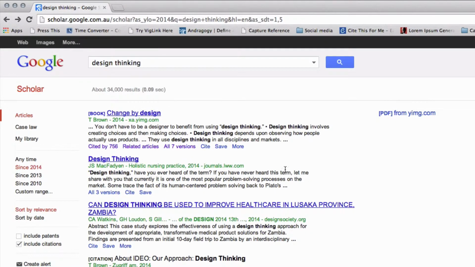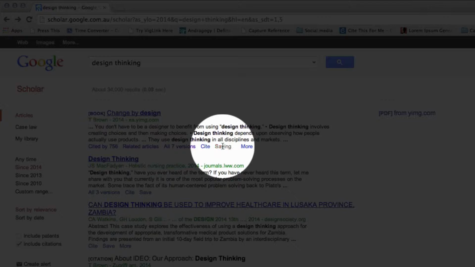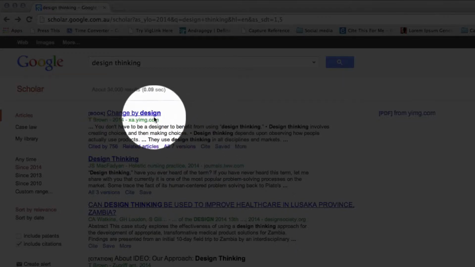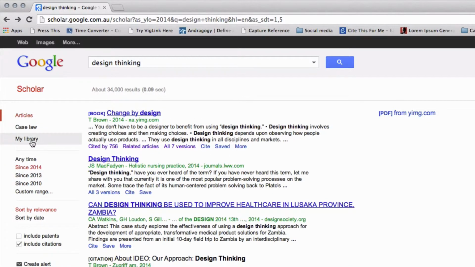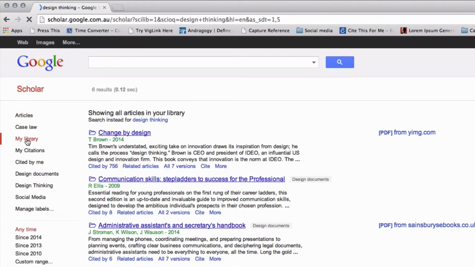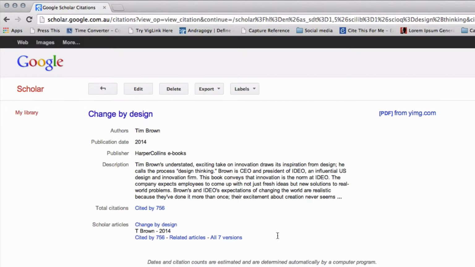But the thing I really love about it is that you can actually save it. So by clicking save, I've actually now put that article in my library. So now if I go to my library, change by design is now in my library. Now what I can do once it's in my library, I can click on that further and it comes to the actual